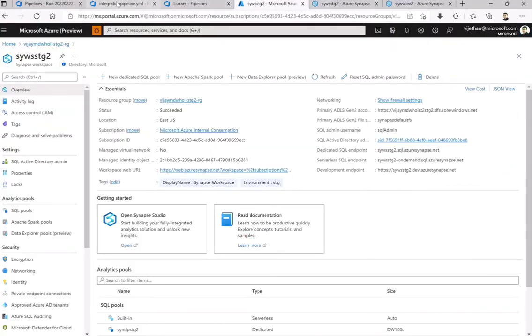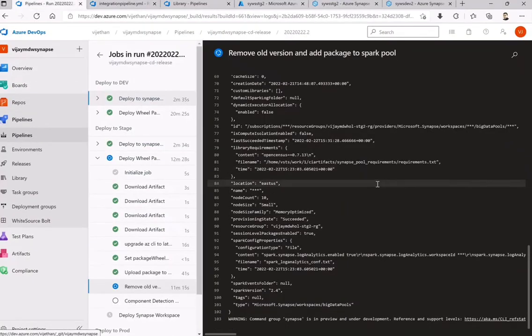Now let's come to the pipeline. We should be there soon, completing this particular removal of the old version. And once this is done properly, I think we should be able to deploy the Snaps workspace.